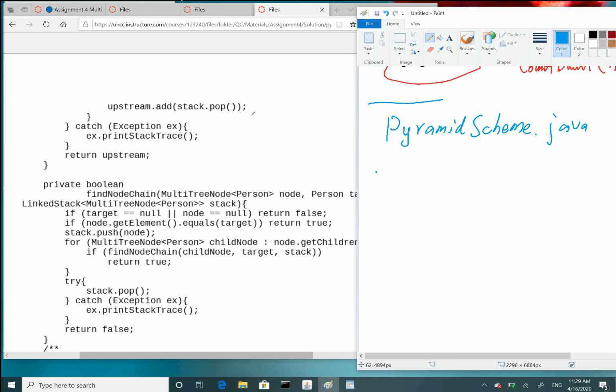And here we have only one function left for you to implement, which is the find node